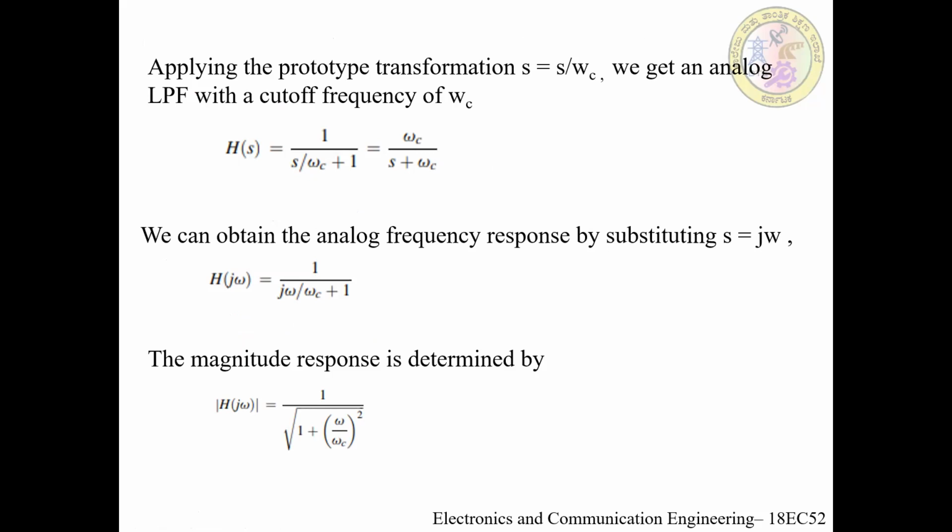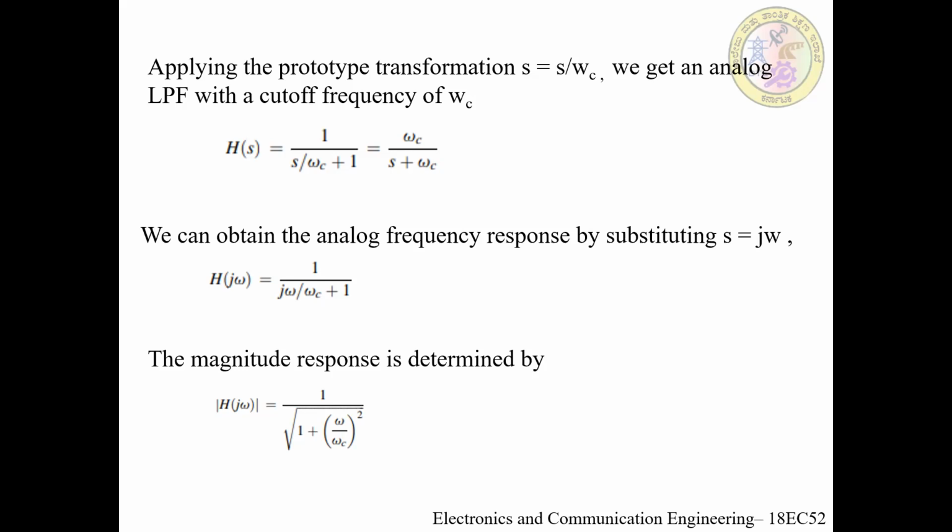We compute the gains at nu equal to 0, 1, 100, 10,000. What we obtain is 1 by root 2, 0.0995 and 0.001 like that. The cutoff frequency gain at nu equal to 1 is 1 by root 2, which is equivalent to minus 3 dB. The direct current gain, that is DC gain, is 1. The gain approaches 0 when the frequency goes to plus infinity. This verifies that the low-pass prototype is a normalized low-pass filter with a normalized cutoff frequency of 1.